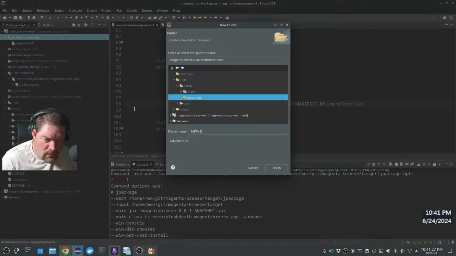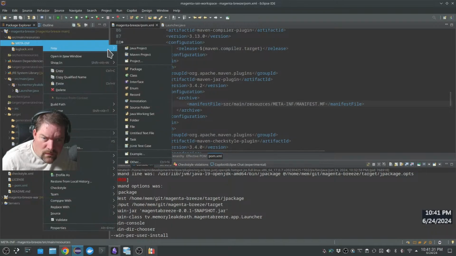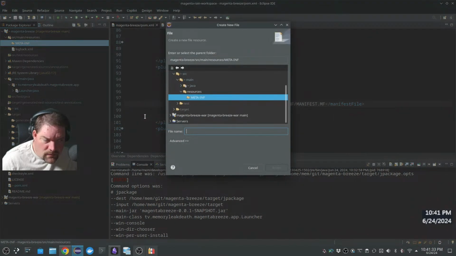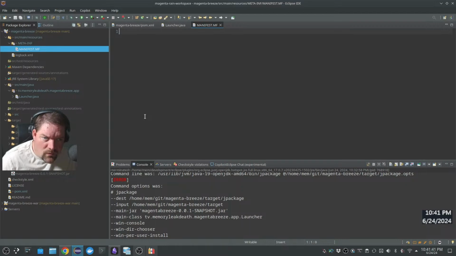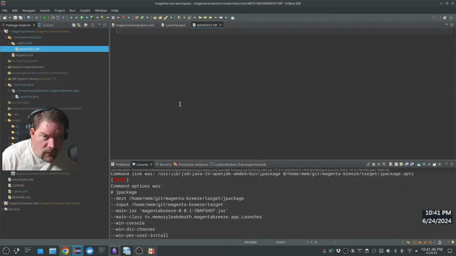Meta-INF. File. Oh, okay. Okay. So, does this actually give me a context? No, it doesn't. And if I turn on